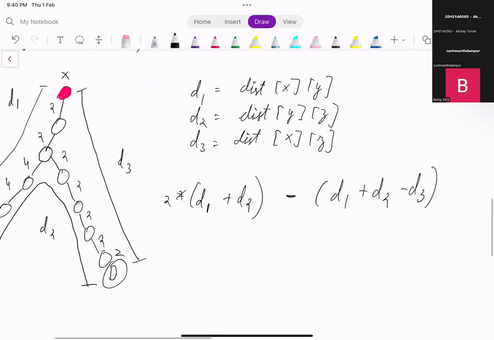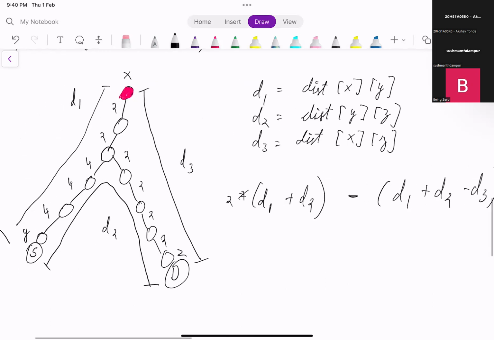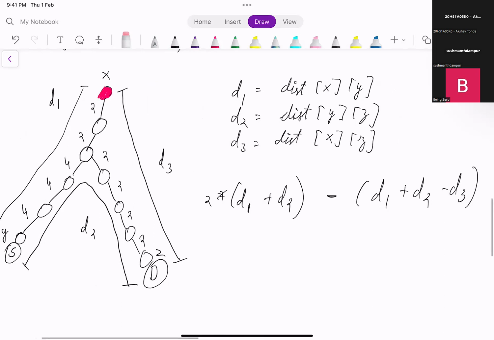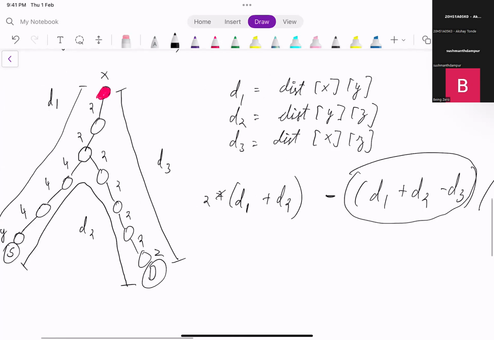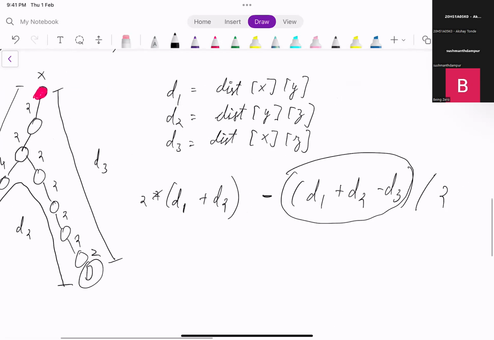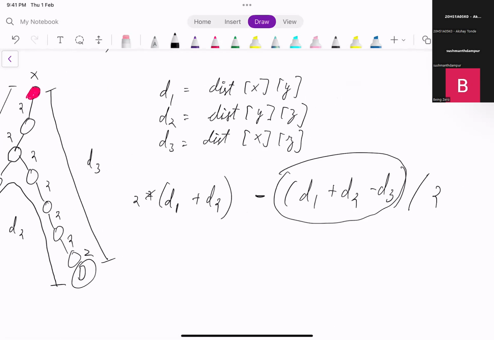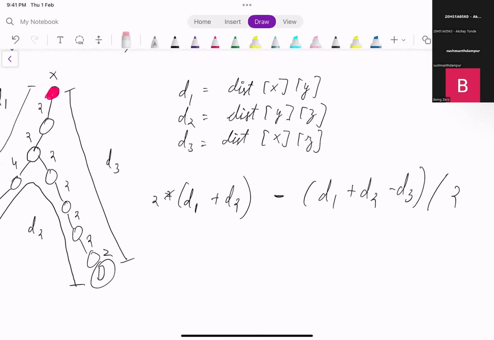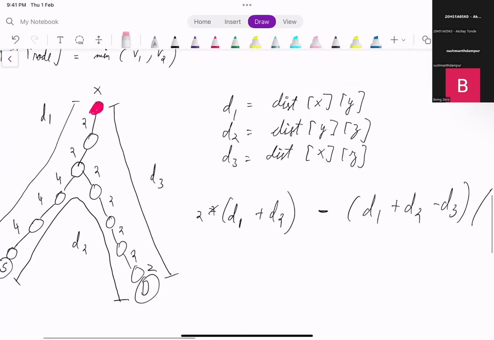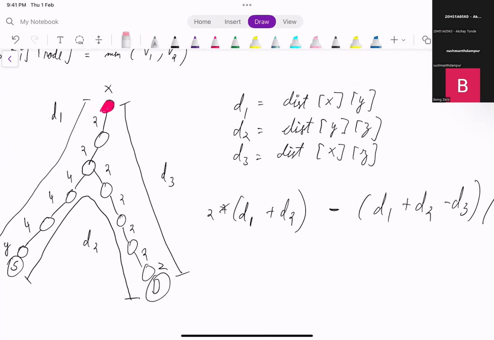After subtracting d3, we know this path is included twice, but we should only subtract it once. So we'll divide by 2. And this will always be divisible by 2, because we are including a part twice. So that will always be a multiple of 2. This way we can calculate travel time between the starting node where the person is,